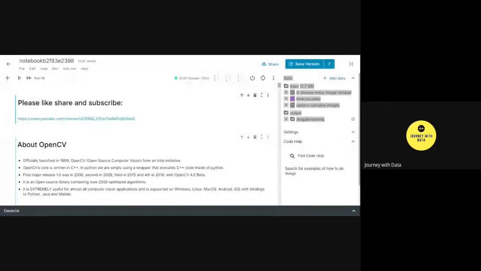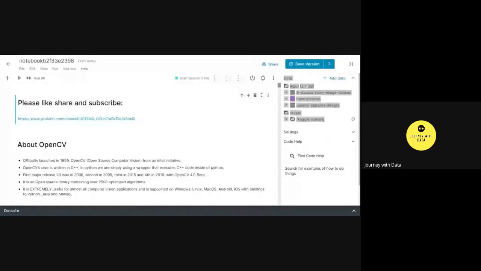So OpenCV was officially launched in 1999, and it was an Intel initiative. So as it's already written here, its code is basically written in C++, and it's an open source library, and it's quite easy to learn, and it's quite handy. All you need to do is import certain methods. You have to have a knowledge of certain methods, and then you are done.